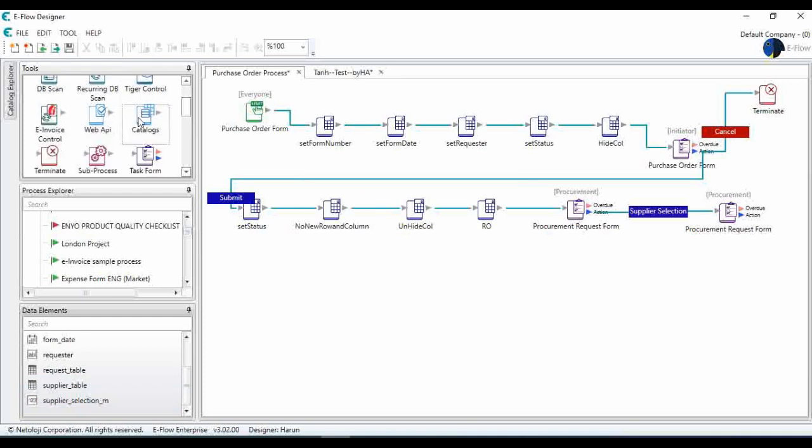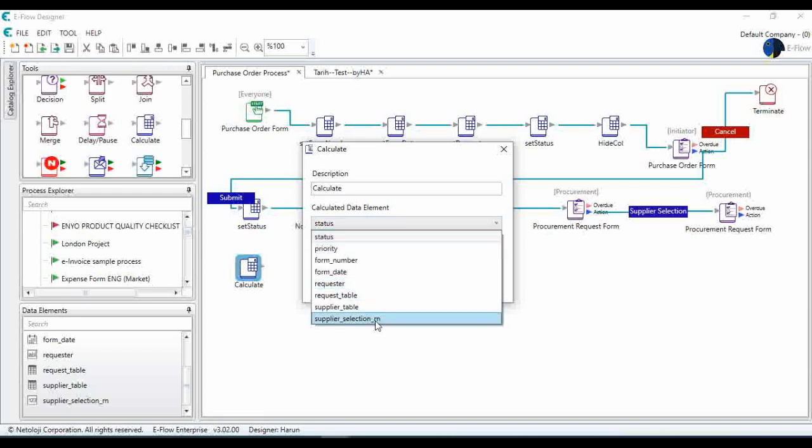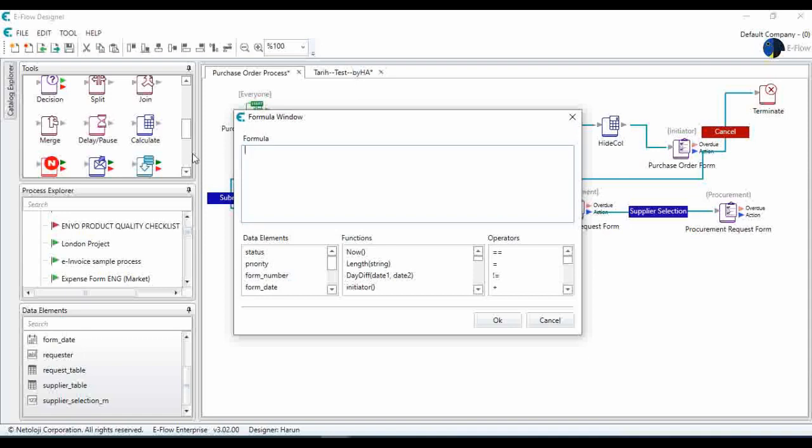and I will use my calculate tool in order to calculate the supplier selection row number, and let's name it supplier selection row number. I got to go to my functions and I have here GetLineItemRowCount. Yes, this is my function in order to calculate the number of rows in the table, and it will be